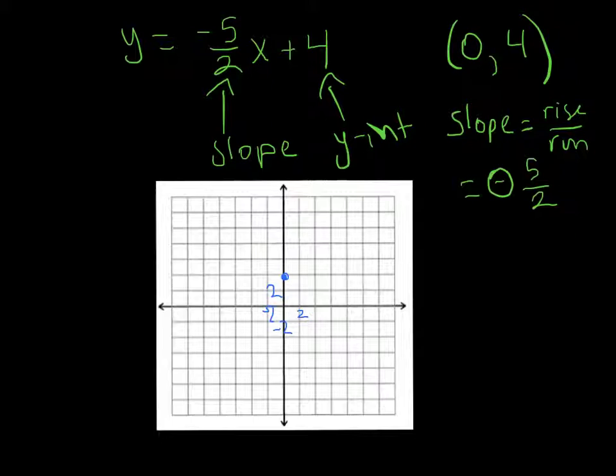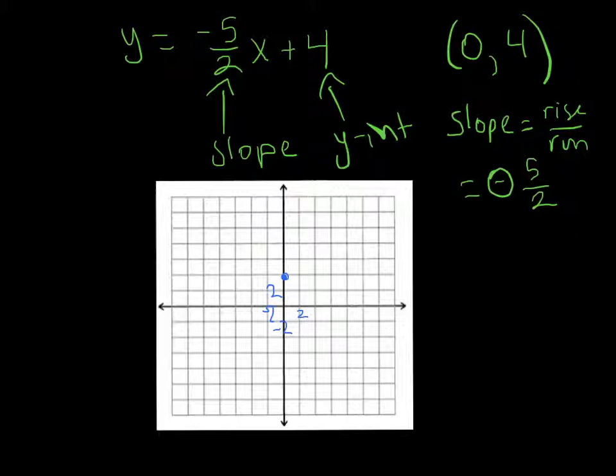And then basically, if you apply the negative to the numerator, we're going to be moving to the right, because since the slope is negative, we know the line from left to right is going down. So the rise is the y value. So if you have a negative number, that point is going to be below the point we're looking at right now. So therefore it has to be to the right of it. So if we go down 5 and over 2,